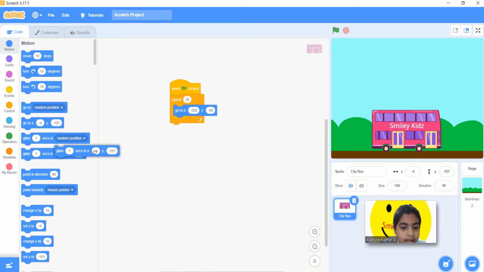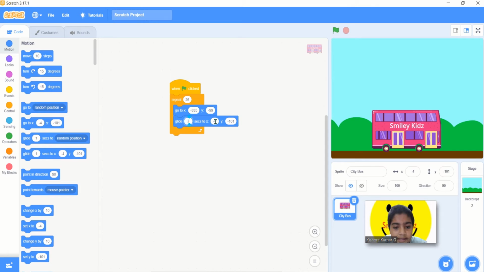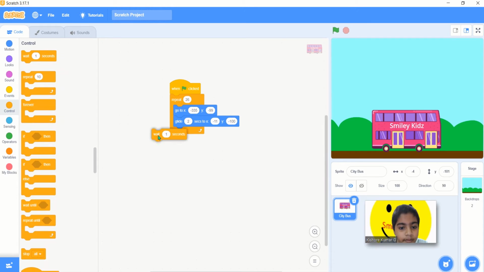Now drag, glide 2 seconds to x is minus 11 and y is minus 100. Now go to control, wait 5 seconds.